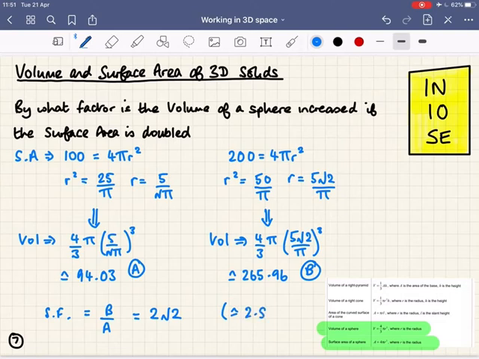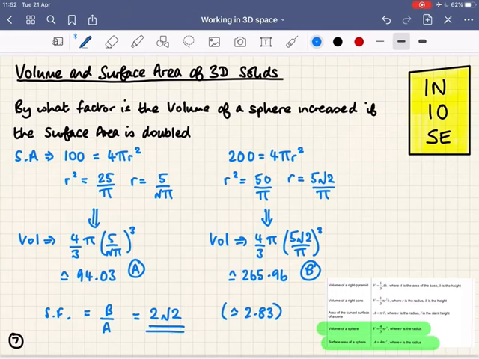But it's much better if you can give the exact answer of 2 root 2. Now there's something about that number there that looks very, very tidy. And it tells me that maybe there was a better way and a quicker way of coming up with that answer. So let's have a look at another way that I could have done that would have saved me a